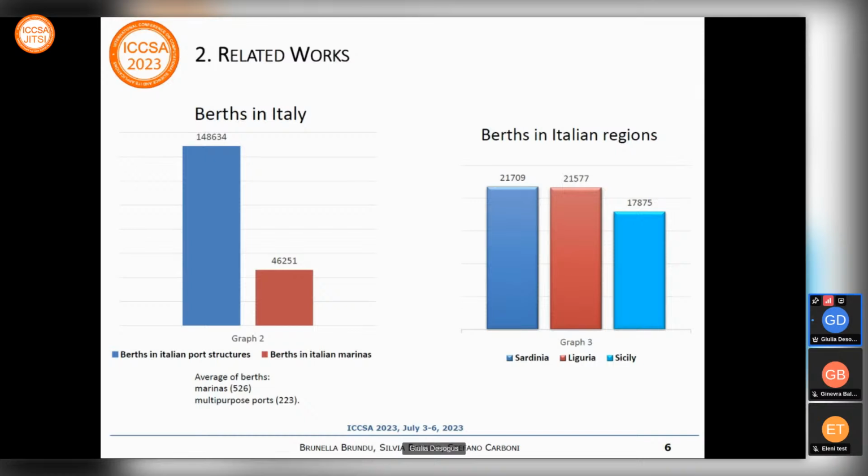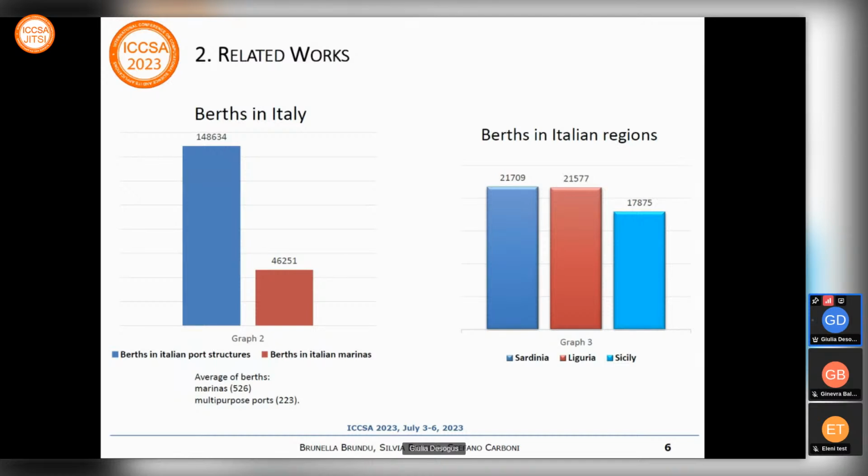As many as 547 are on Italian territory, followed by the coastal region of France, which has 400, and Spain, which has 370. Here, Graph 2 shows that Italian port structures count 148,000 berths, of which 46,000 belong to marinas, which have an average of 526 berths, more than double that of multipurpose